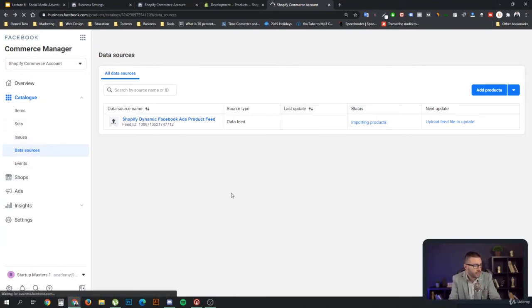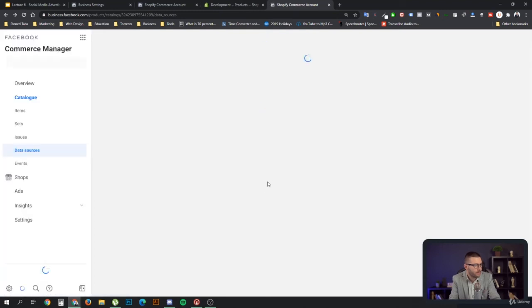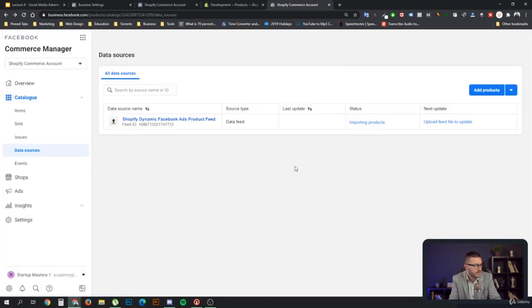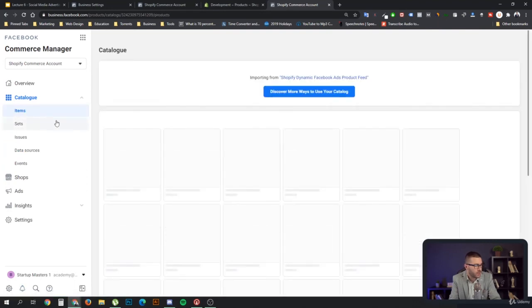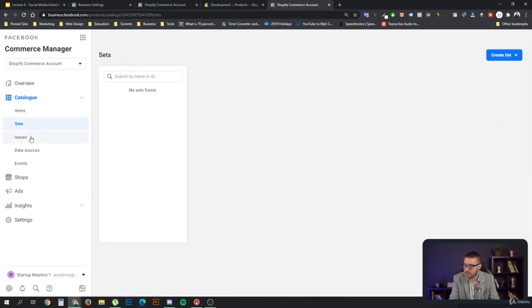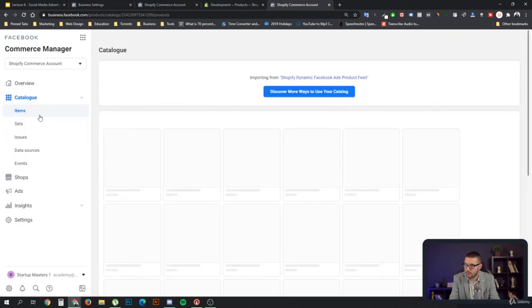Now we can check if that's still importing. And once it's done, we should be able to see our products over here in the items. Well, that's it for product catalogs until that thing gets imported, and